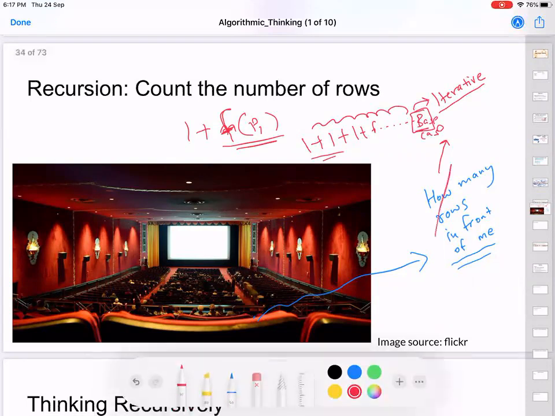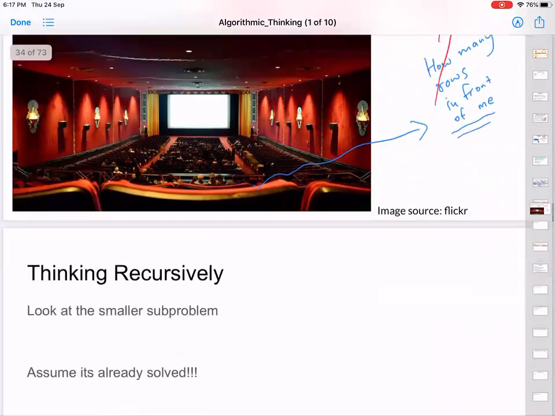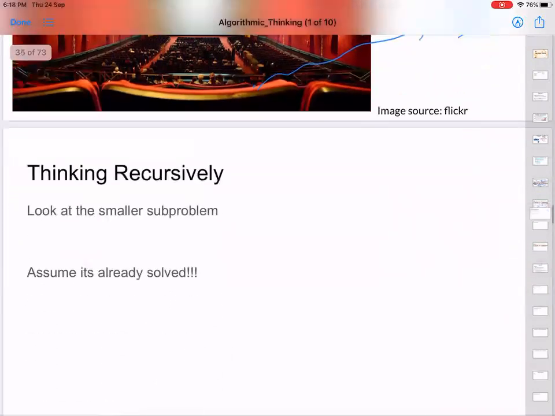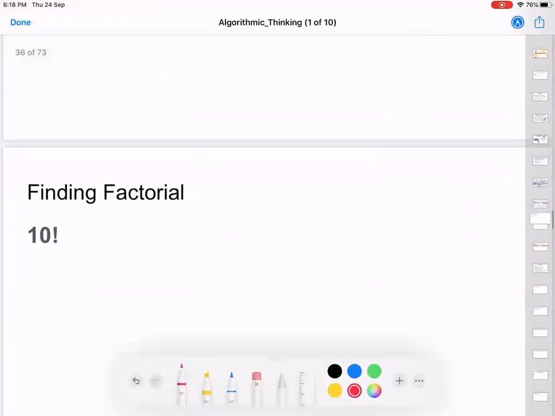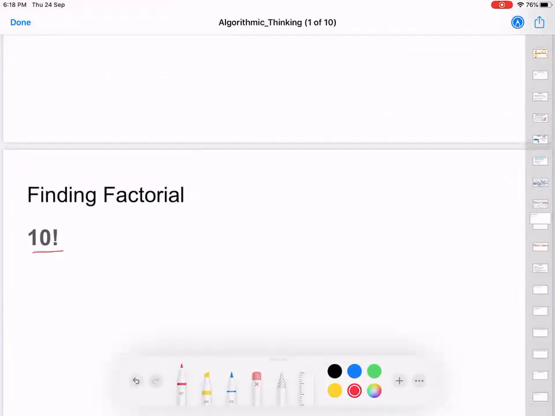How can you think recursively about a problem? All of you know about the factorial problem, so I'll just quickly go through it. Let's say I'm sitting at the end of this room and I want to know what 10 factorial is. I know that if the person in front of me tells me what 9 factorial is, I just have to multiply it by 10. So I poke him and ask him what 9 factorial is, and whatever answer he gives me, I multiply by 10. This person will again poke the person in front of him, asking for 8 factorial. It is exactly the same process as before, and in this way, your answer will come back to you.